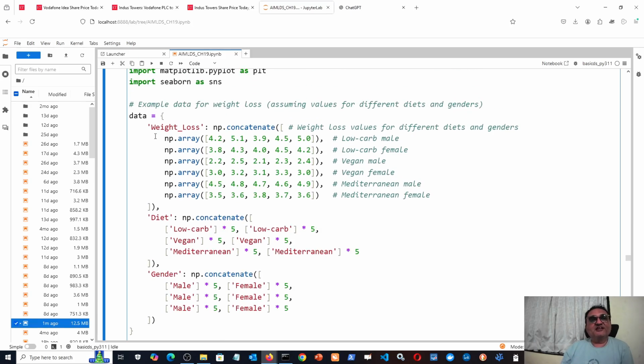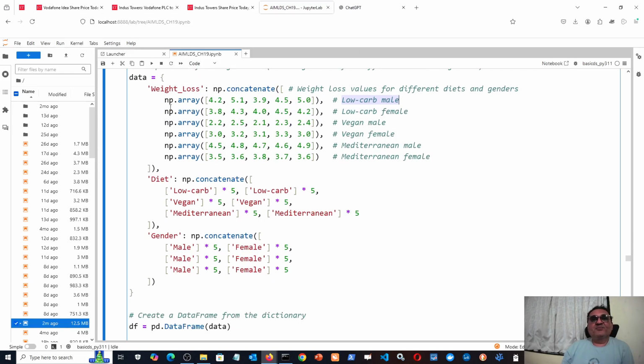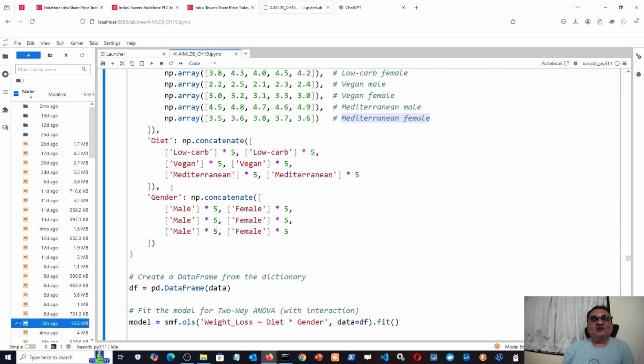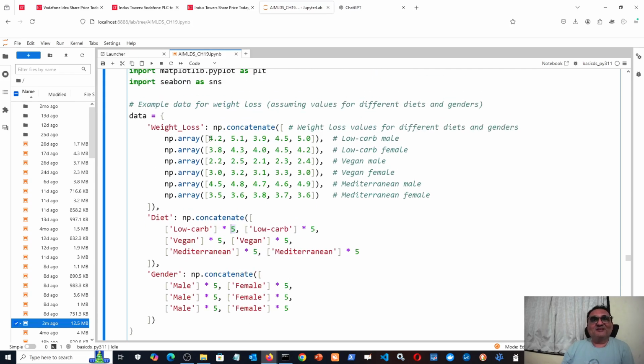So what we do is we create a data set. Now the data is like this: first we create one column, and in that column we just concatenate several arrays, right? One is this array, which gives the weight loss for low carb males, and this array, weight losses for low carb females, vegan male, vegan female, Mediterranean male, and Mediterranean female, and concatenate all of them and multiply by 5, so that